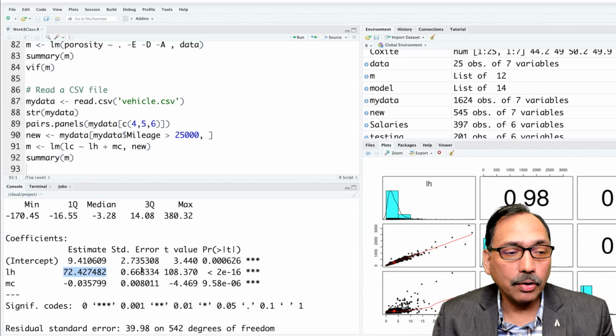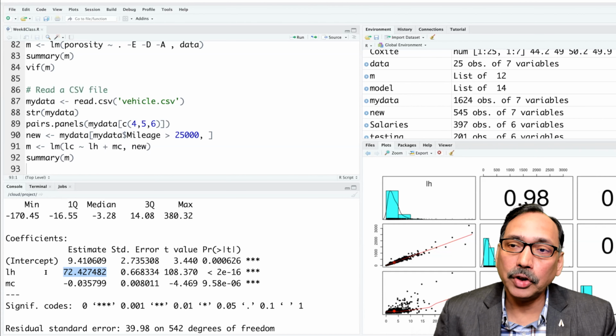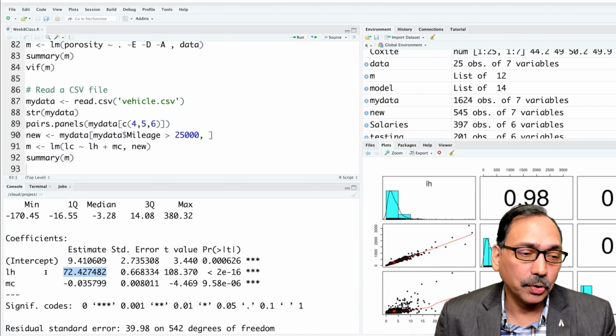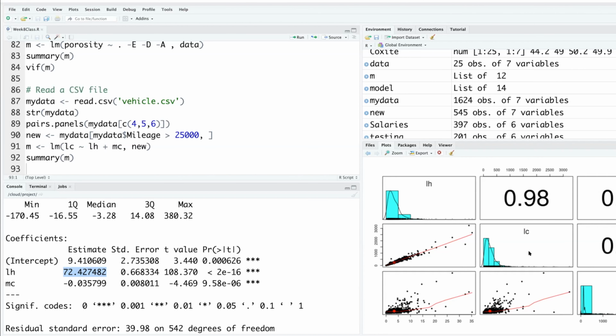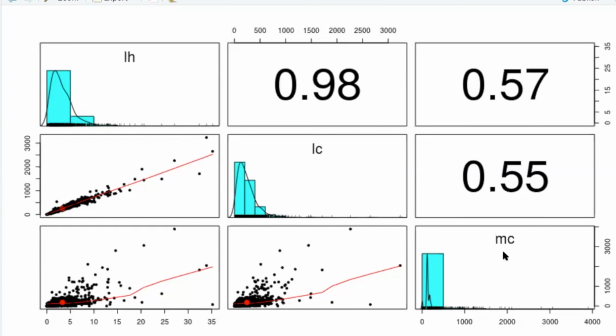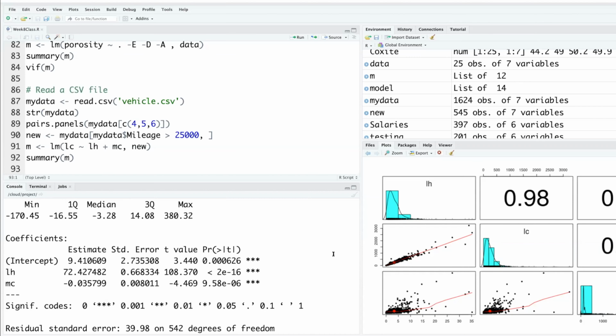The response, labor cost, changes by $72.43 for a unit change in labor hours. So a huge impact, and you can see that even from the scatter plot. And material cost actually has a negative correlation with labor cost. You have a relation of 0.57 between LH and MC, which are both independent variables.